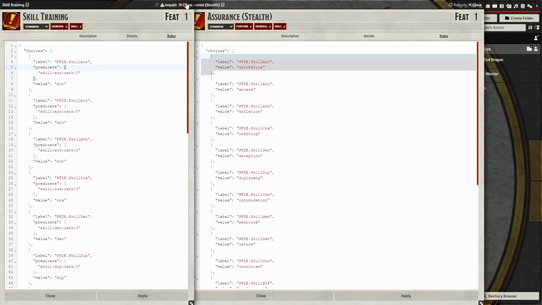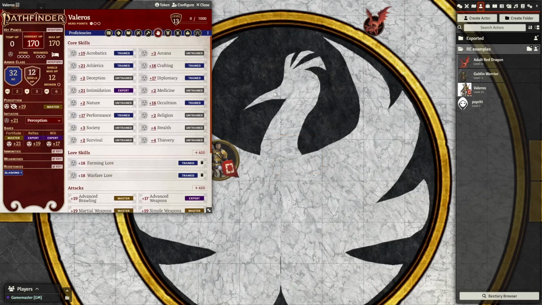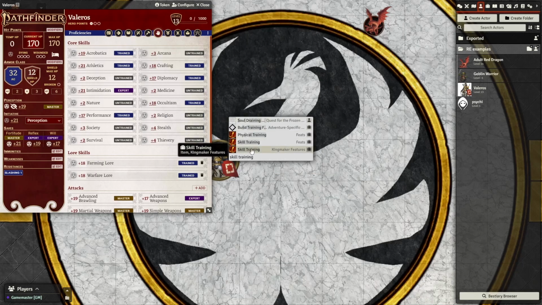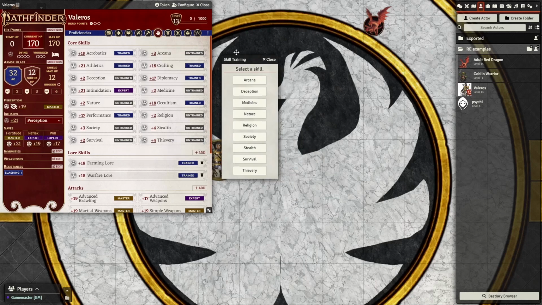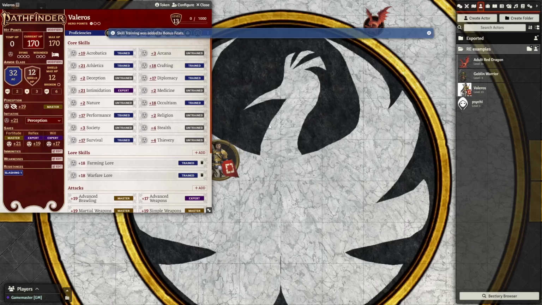The reason we would do that is because if you take the skill training feat, you're becoming trained in a skill. So we shouldn't show you skills that you are already trained in. You can see we have the choice of Arcana or Deception or Medicine, all these skills that we're untrained in, because we have filtered down